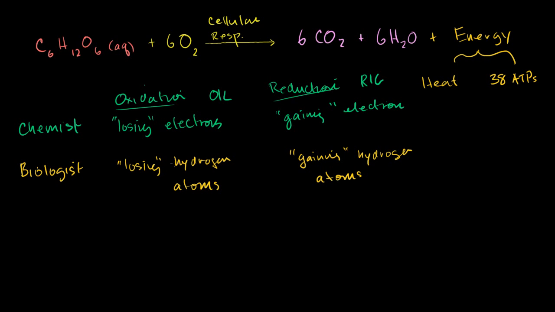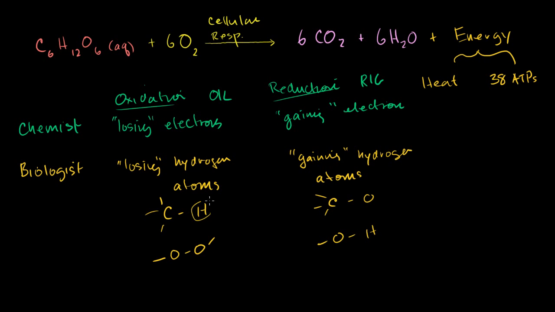And the reason why we said that these two ideas are consistent is because if I'm talking about a carbon, and a carbon is losing a hydrogen, let's say I have some compound that looks like this, maybe it's connected to a bunch of other things someplace else, and then later on I have a carbon that looks like that, and then I have an oxygen that's maybe bound to another oxygen. I'm doing a very hand-wavy explanation here, and maybe that oxygen is bonded to something else. If this is what I start off with, and then on the other side of this equation, I end up with something that looks like this, where the carbon is bonded to an oxygen, and maybe that other oxygen is